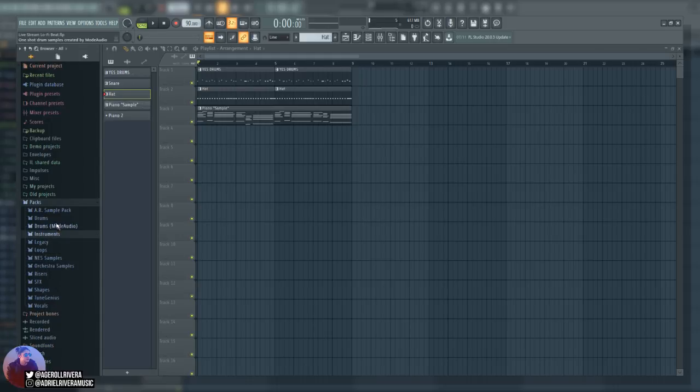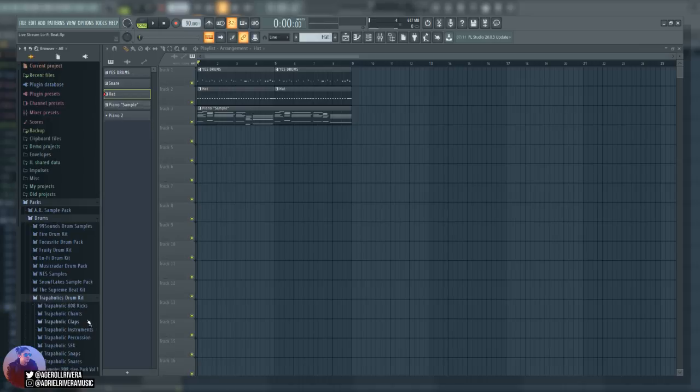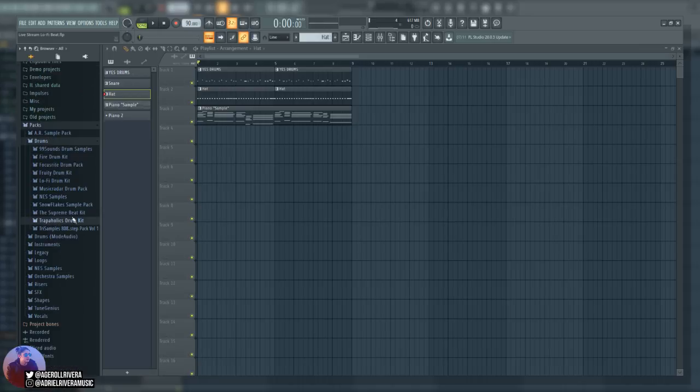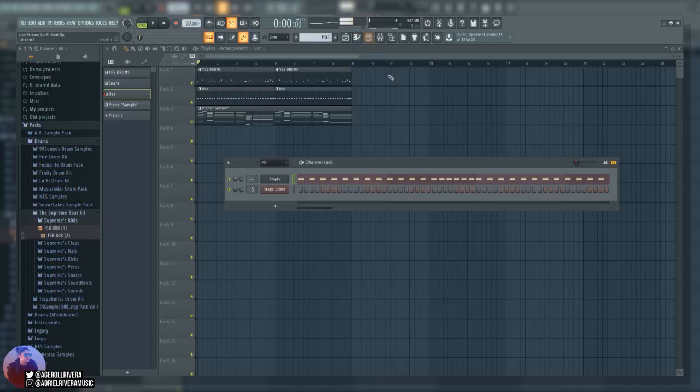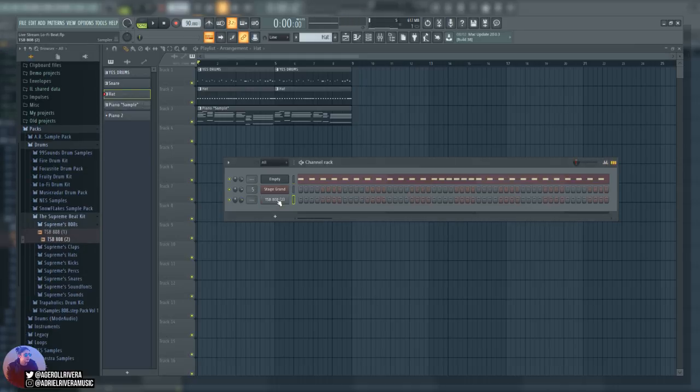Alright, what's next? We want to add a bass to this, obviously, because it's not complete without a bass. So I'm gonna add this 808. I always use this 808. I love this 808 for some reason. I don't know why, but this is the 808 I'm gonna use. So I'm gonna drag this here